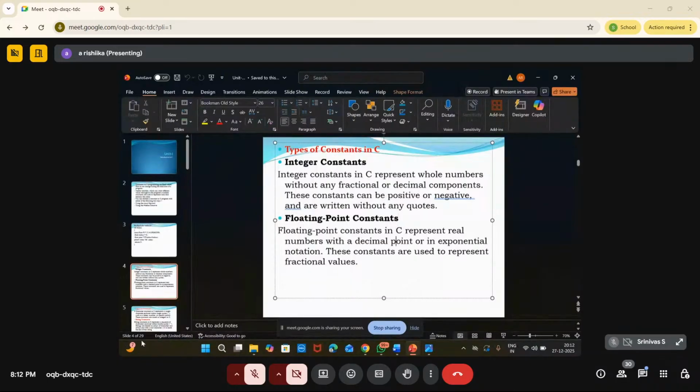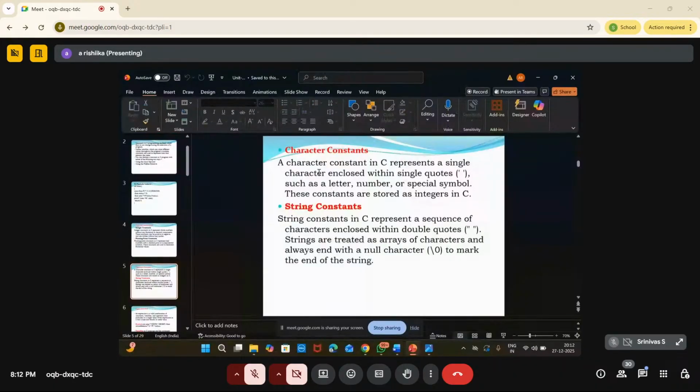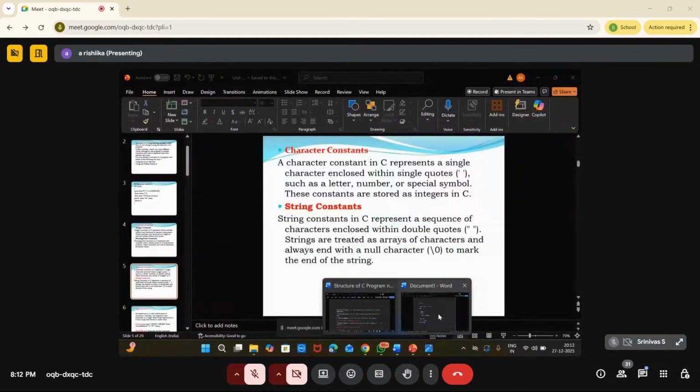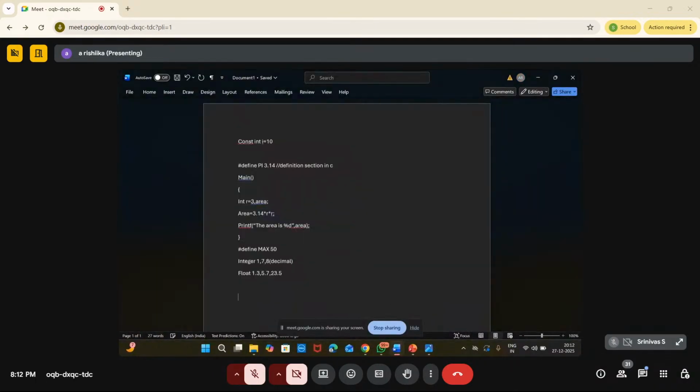Again, these integer constants. Here I'll show you. Integer constants are again divided into three types. The first one is decimal constant. Just now we talked about integer constant; that is also called decimal constant. The second one is called octal